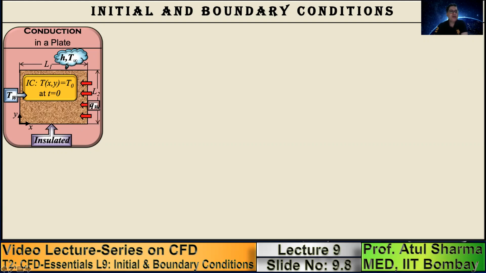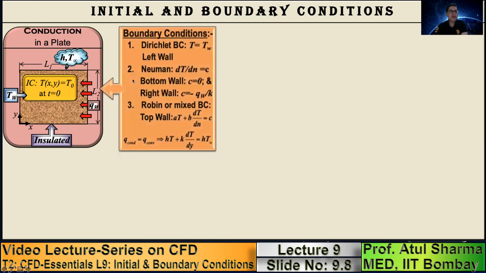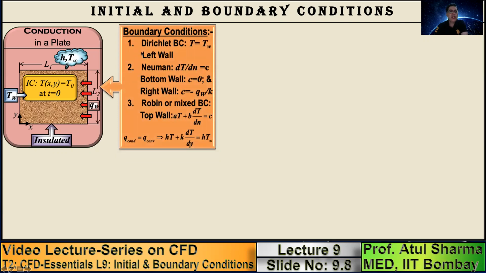So when you have these various types of thermal boundary conditions, mathematically they are classified as Dirichlet boundary condition, Neumann boundary condition, and Robin or mixed type of boundary condition. What mathematically does a Dirichlet boundary condition mean? If at a boundary you are given the value of the flow property, such as in this problem, where the flow property is temperature, and the value of temperature is given as a boundary condition only for the left wall. So this left wall corresponds to a constant wall temperature, which is a Dirichlet boundary condition.